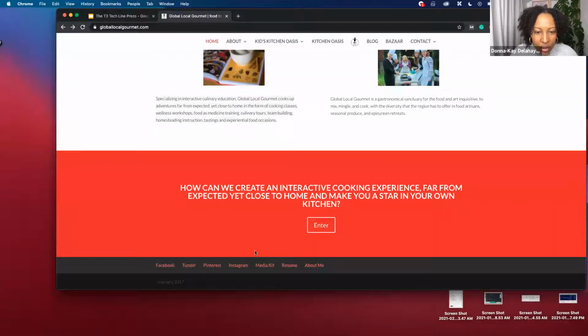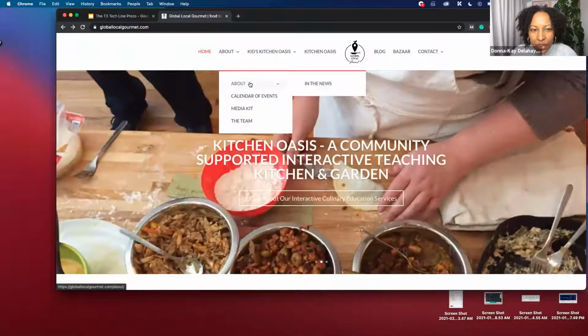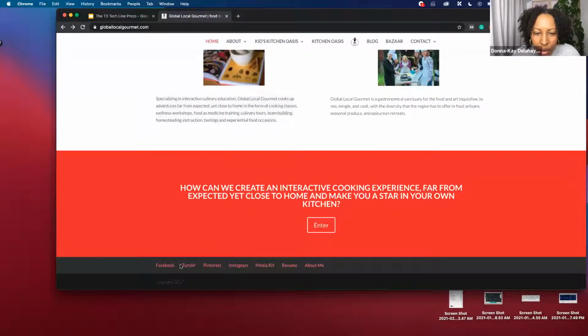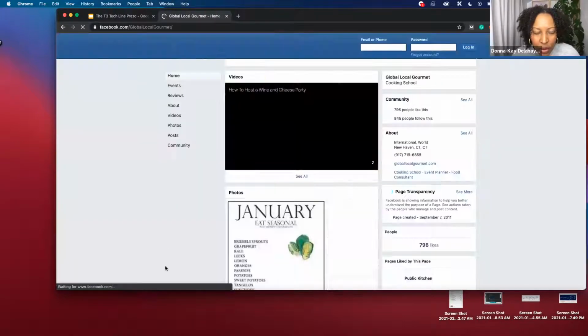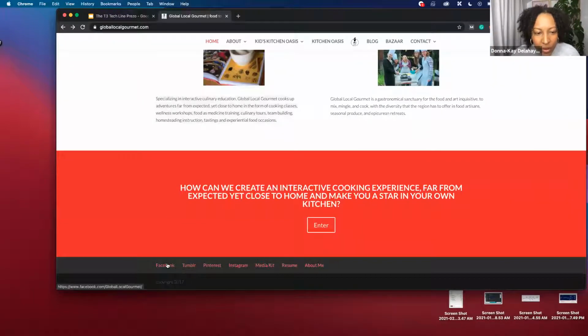And where you have about me, resume, those links, you want to keep your website on the footer. Go back to the bottom, LJ. If you click them, they don't open in a new window, so when you open them, your website is lost. Facebook, Tumblr, anything that does not belong to you, make sure when you link them, they open in another window, because you never want to send people away from your own site, especially to a property that is not yours. Facebook doesn't need any more traffic.